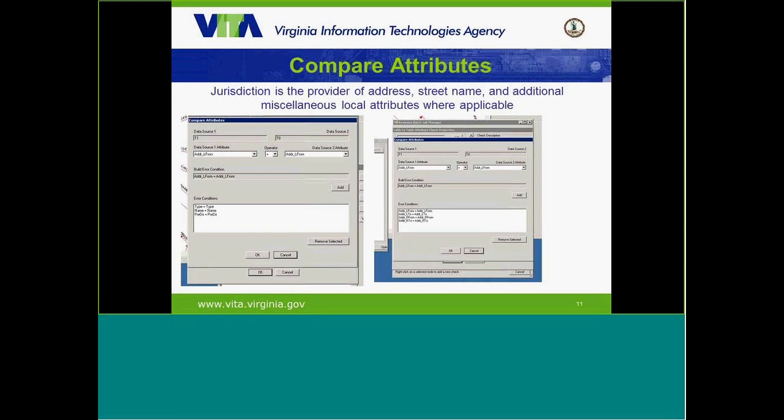On the other window here on the right side, that is your address ranges. We compare the address ranges from left to right, to and from.